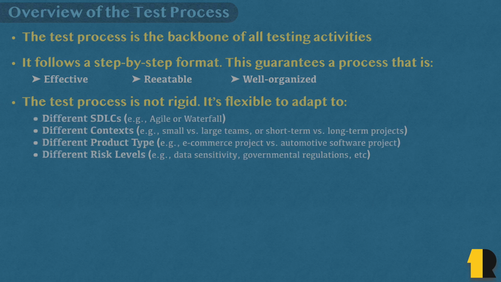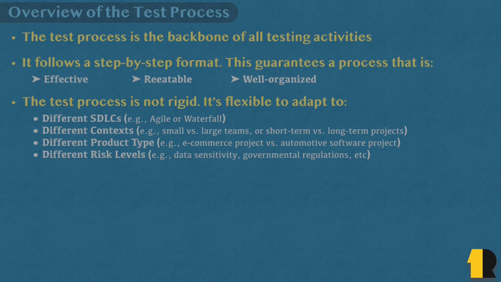Also, we all know that testing is context-dependent. Therefore, there are a ton of variables that can affect this testing process. Say different SDLC models, different project factors, and different team factors, maybe different suits, and different risks, all having a huge impact on how the testing process is carried out. Of course, you don't expect the test process in a banking app to be the same as what's found in a social media app, or the test process within an agile team to be the same as a team following